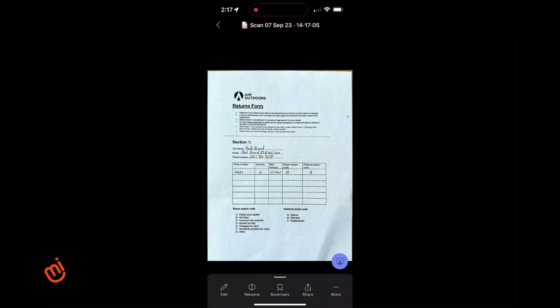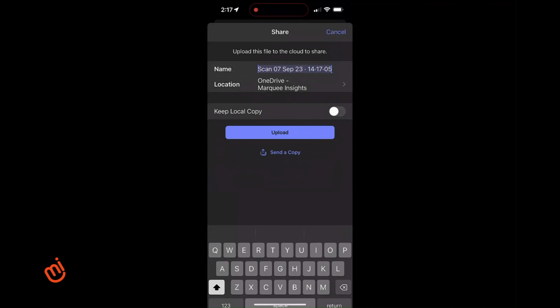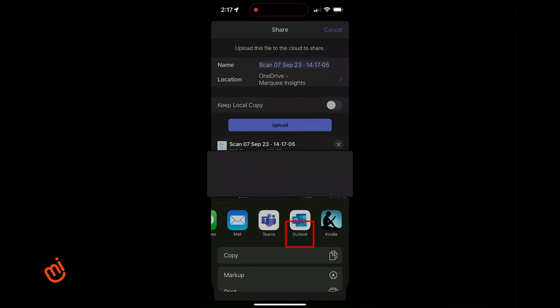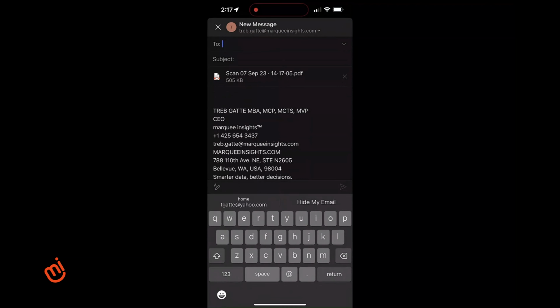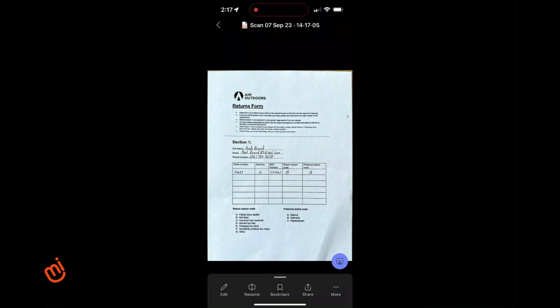This will then give us the option to click the share button, which is what we use to email it. So here I'm going to click send a copy. This will then prompt me for the app. So I'm going to select Outlook, and here I'm going to enter the email address and my subject line that I'm using to monitor and send the email. Once we do that,